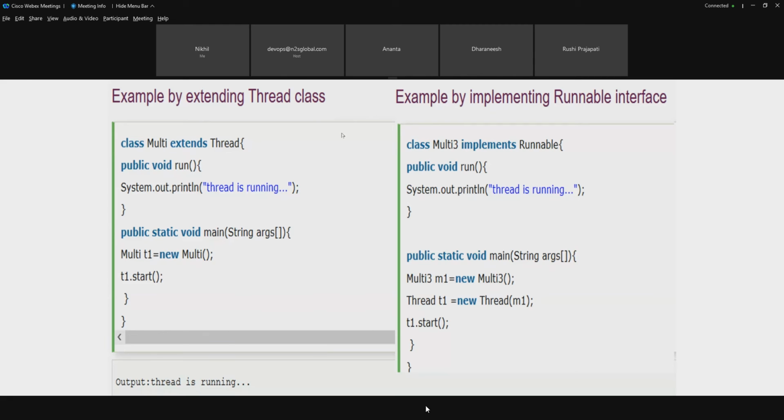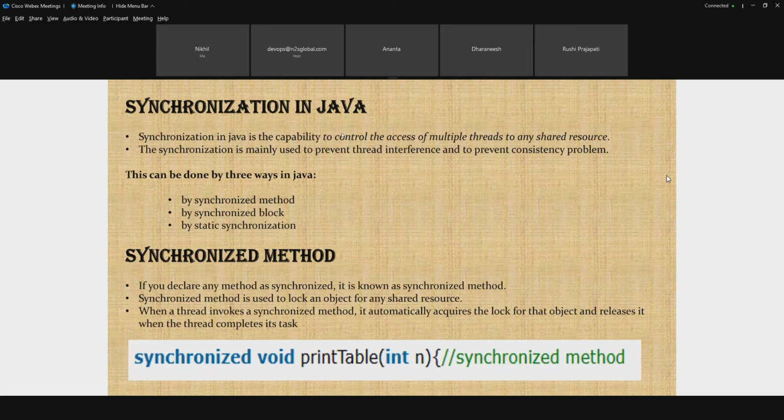Okay, and one more thing, a little bit associated with thread only, we are going to see. In the interviews, you may get a question like this: how you can restrict multiple access for a method. A method is there, and at a time N number of calls can happen for that method. If there is an addition method, int x comma int y,